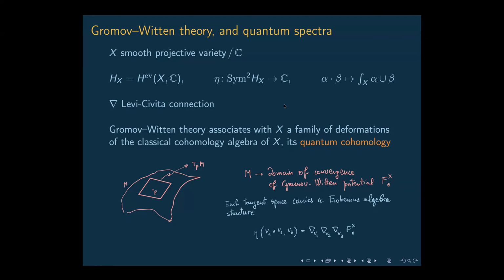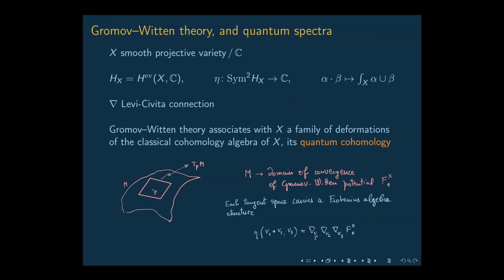All right, when I say compatibility condition with a metric, I mean that any operator of multiplication by a vector field is self-adjoint with respect to such a bilinear pairing. Well, I have to define, okay, so I claim that we have a family of algebras in each tangent space, holomorphically depending on the point. And I also have to explain how such a product is defined. Well, the product is defined implicitly by the formula you find here at the very bottom part of the slide.